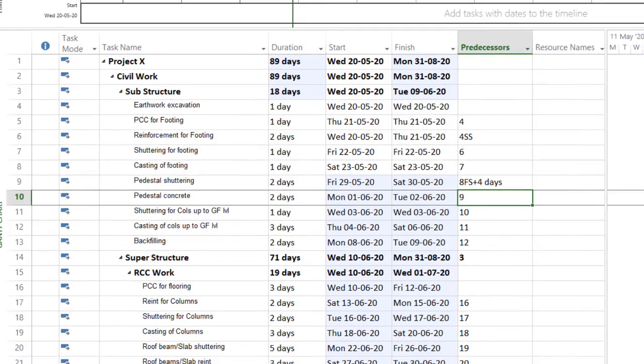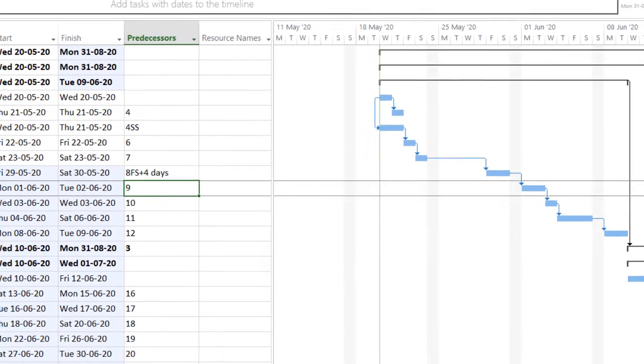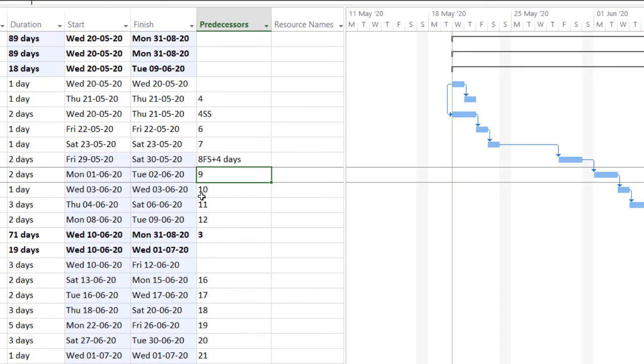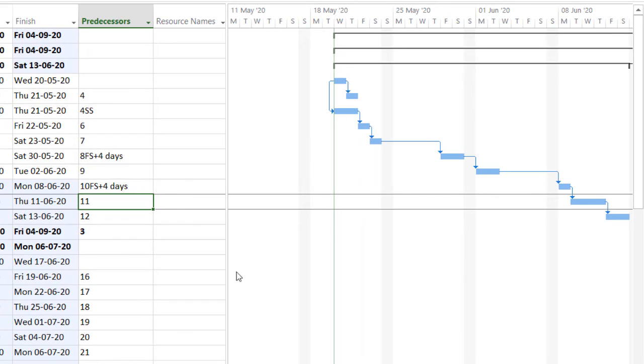That means you will get a 4 days buffer after the completion of casting. After 4 days, you will start the next shift. Similarly, the shuttering of column can be started with 10 finish to start plus 4 days. So again there is a buffer, and like this you can get the buffer.